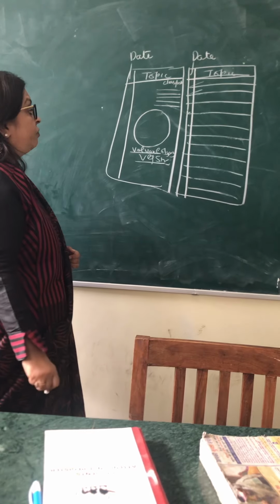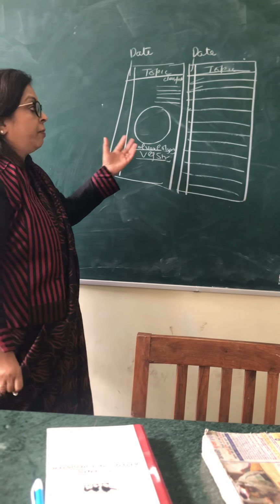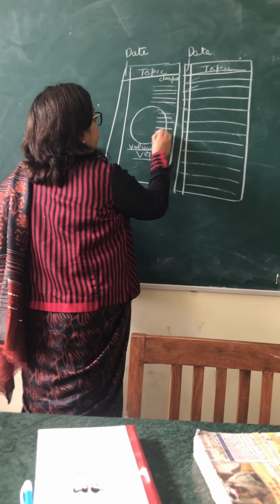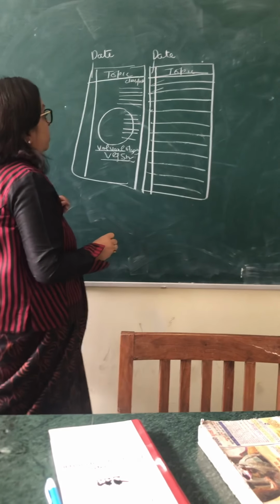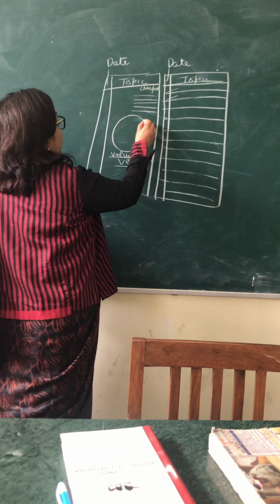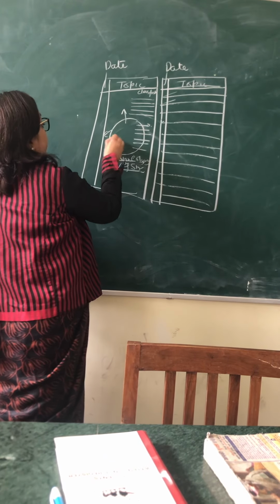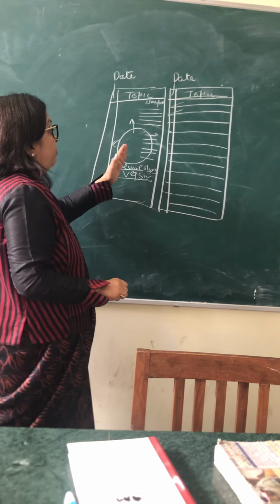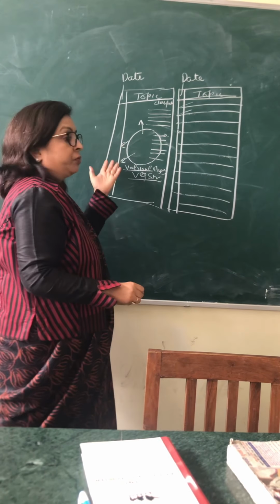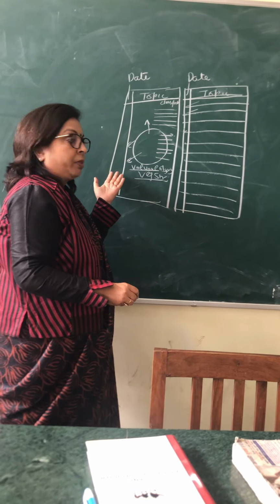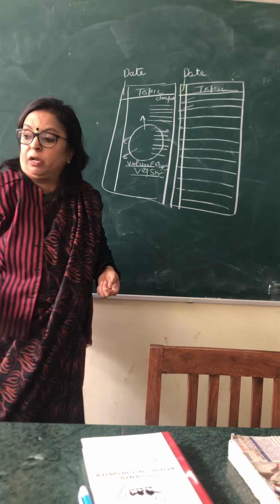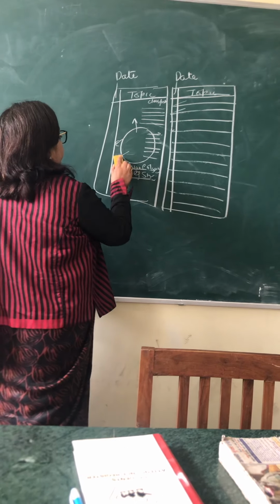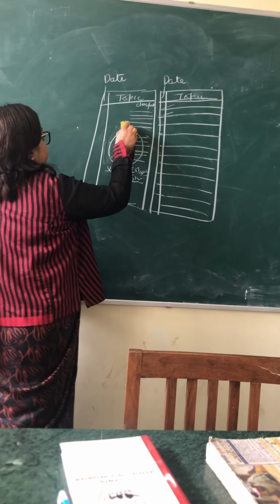Now one thing we have to take care of when we are drawing the diagram: we have to label it only on one side. Don't label the diagram like one label here, one here, one here, one here. Try to label the diagram on the right hand side. If the labeling is more, then shift to the left hand side also. But the labeling should be only on one side, not on all the sides of the diagram. This you have to take care of.